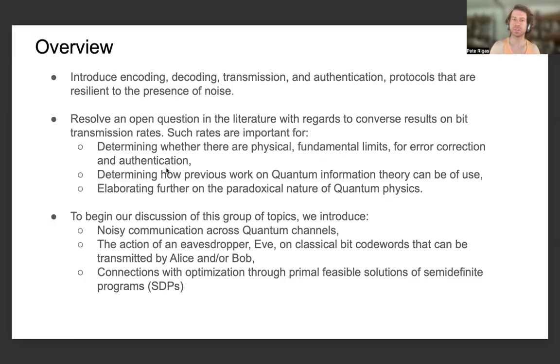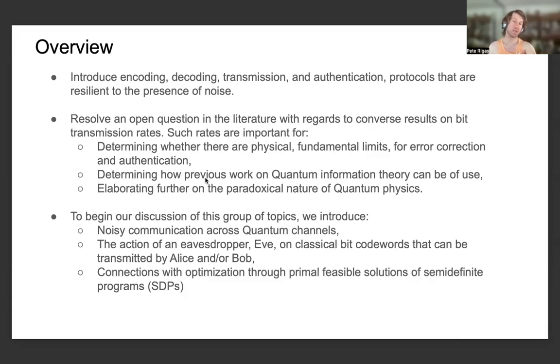Such rates are important for, one, determining whether there are fundamental physical limits or limitations for error correction and authentication. And obviously, this is a topic that's of use for what we could call the industrial quantum computing sector, the industry side of things rather than purely theoretical research, because it is really determining whether these types of error correction and authentication protocols, or even false acceptance protocols, can minimize the probability of a quantum algorithm or an agent making use of quantum information being able to detect errors, so that they can make use of proposed or pronounced sources of quantum advantage that are intrinsic to the quantum side of information,